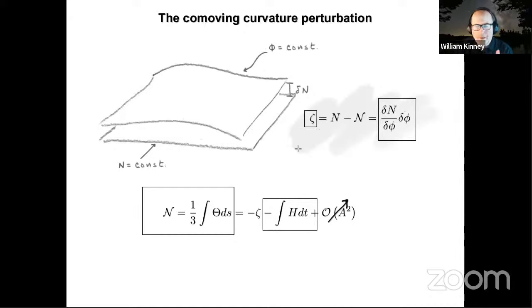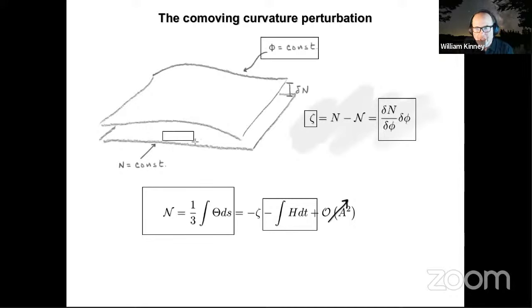So notice what I'm doing here, and this is important because people frequently refer to the co-moving curvature perturbation as a gauge invariant variable. This is not so. It is not a gauge invariant variable, it is a gauge fixed variable. Zeta is the curvature perturbation measured on co-moving hypersurfaces. In a sense, this is gauge invariant. When people use the words gauge invariant, they really mean two things. One usage of the term is invariant under infinitesimal coordinate transformations. Zeta is not gauge invariant in that sense.